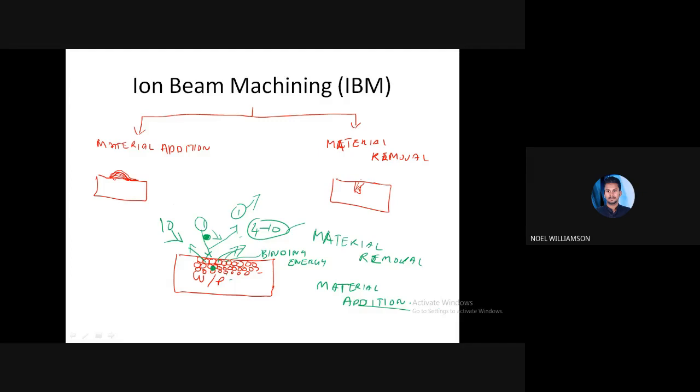That is, an ion is bombarding the material. So why are we selecting the ion and not the photon or electron? Because compared to the photon or electron, which are light in weight, ions are usually heavy. That's why we are using the ion for bombarding in this particular machining, the ion beam machining.